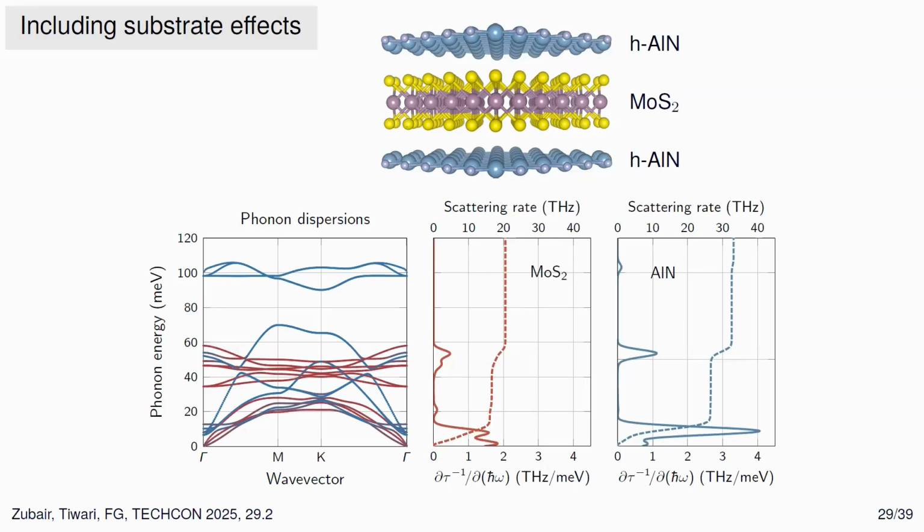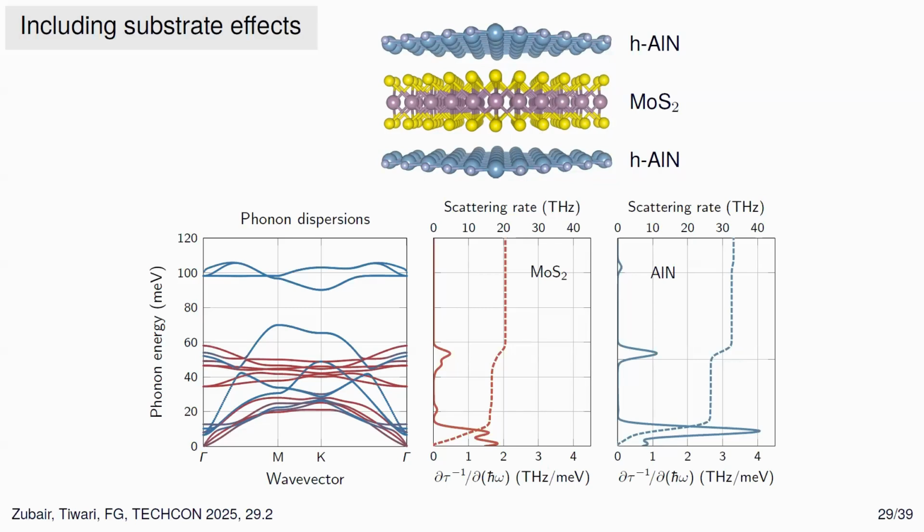And these are the phonons of the aluminum nitride layer that impact the mobility. It turns out this phonon here is a longitudinal optical mode that has to do with the interlayer sliding of the aluminum nitride and the molybdenum sulfide. And this one here is a ZO mode, which means basically it's dipoles vibrating perpendicular to the molybdenum sulfide plane. These two things cause electrostatic potentials that fluctuate in time and essentially scatter the electrons as they travel through the layer. So this causes a reduction of the mobility by about 30% in these systems.